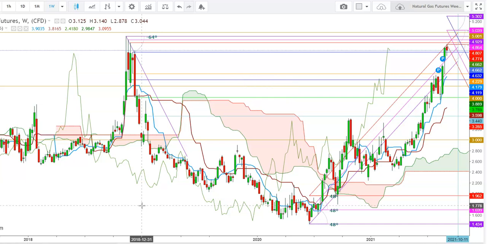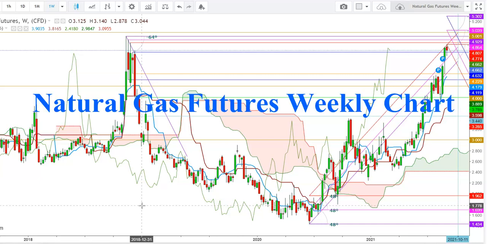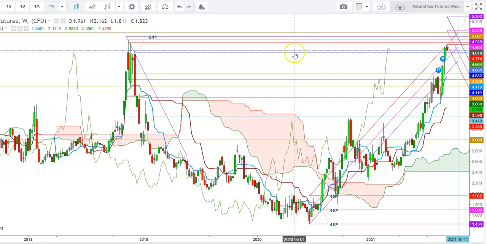So let us start the day to analyze the movements of natural gas futures in different time frames. So friends, here you can see a weekly chart of natural gas futures. First of all, I would like to explain the resistance and the support levels. Here I find that we have seen three psychological resistance levels. First is at the level of $3, second is at the level of $4, and the third is at